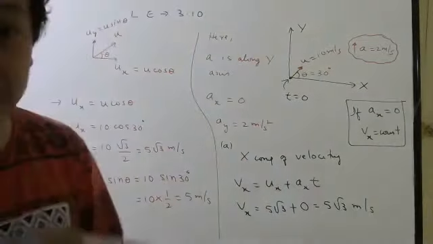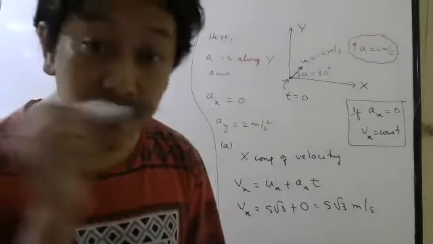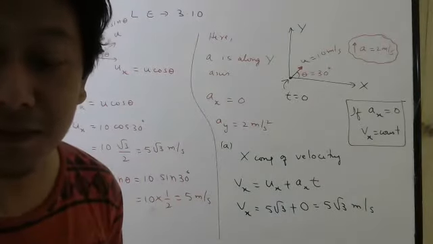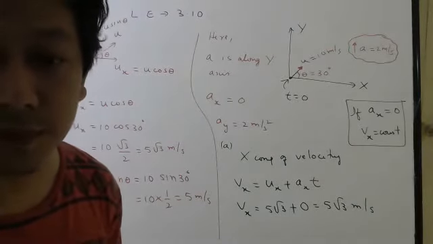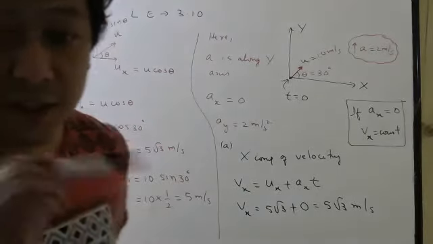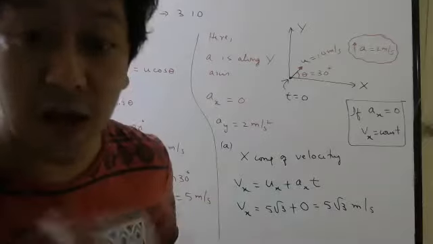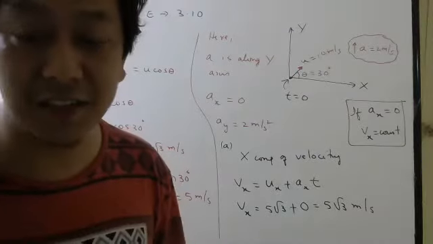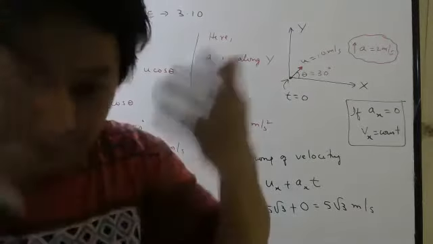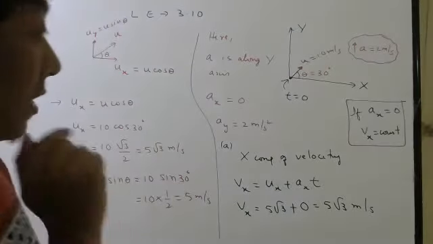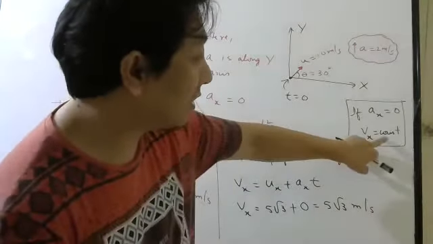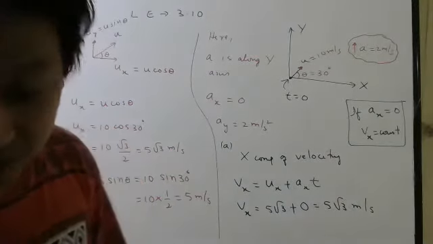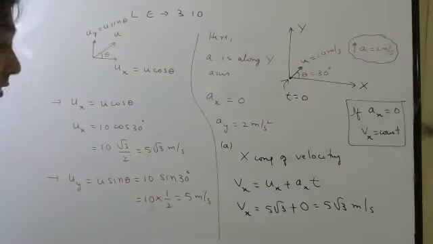If there is no acceleration along x-axis, velocity along x-axis cannot change. Does it mean velocity will not change? No, because along x-axis velocity may not change, but along y-axis velocity may change. One part of me may not change, but another part of me can change. So if another part changes, the whole body will change. So please remember, just because x component of velocity is constant, don't think velocity is constant. Y component may be changing. So let us check now y component.